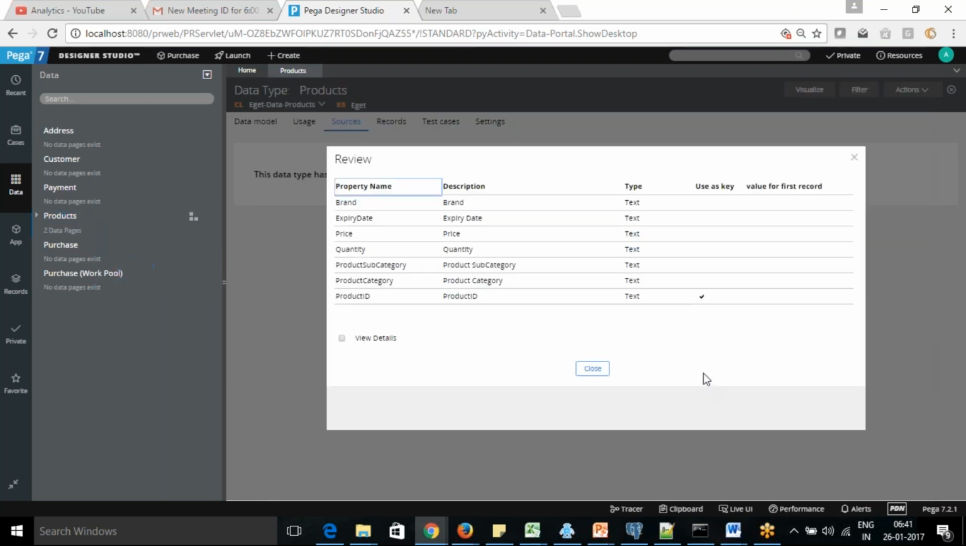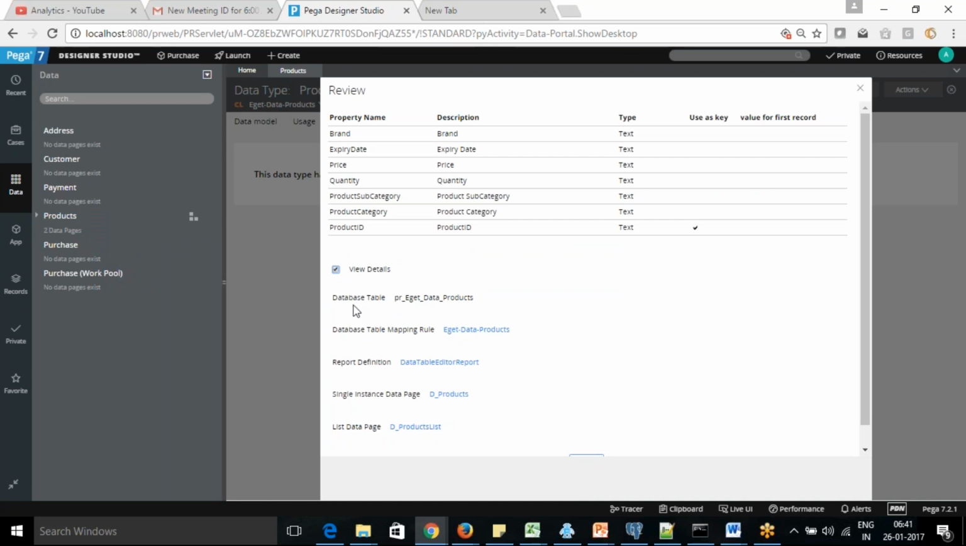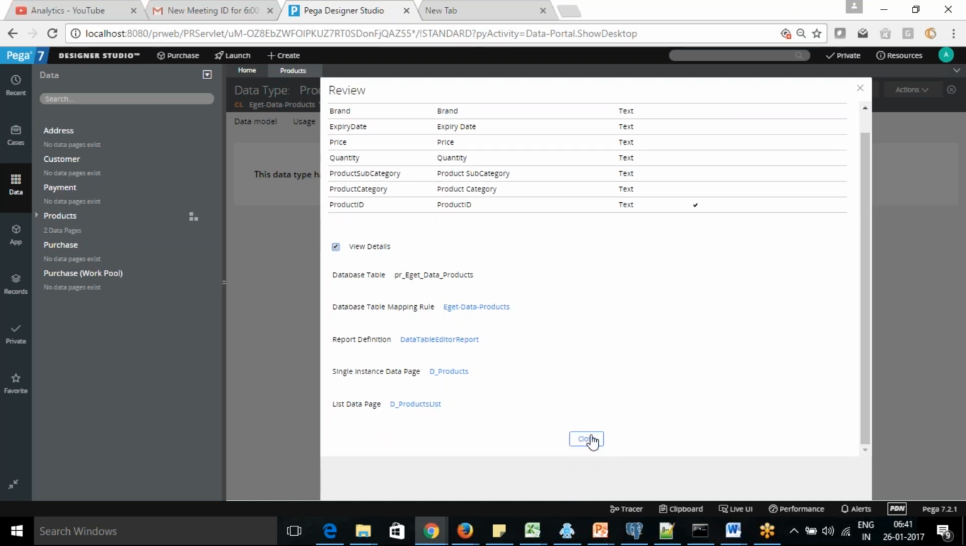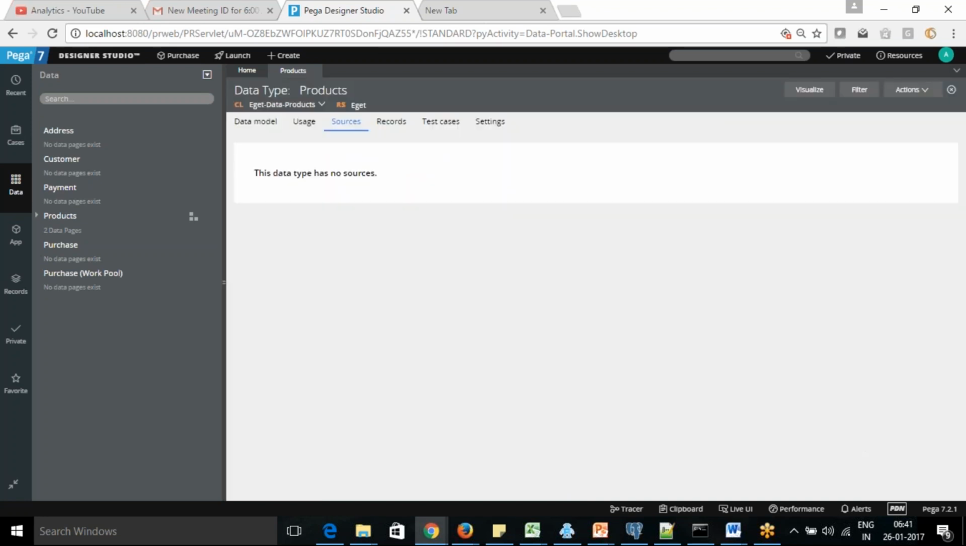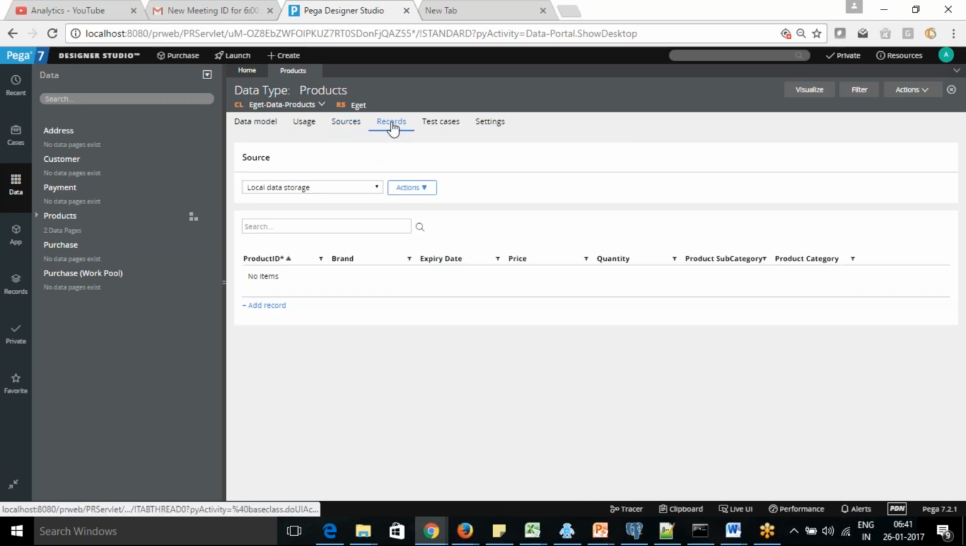Okay. So here you can see that we have created a product here. And if you go to the view detail, you can see that it's created a database table, it's created a mapping rule, it's created some other rules as well to support that. Okay. So this is what we normally refer to as local storage. So if you go to the records tab,